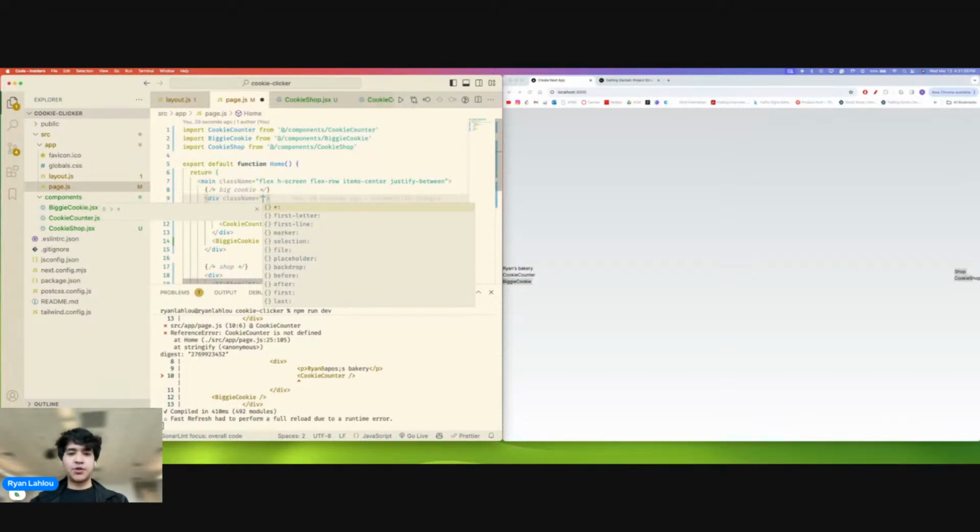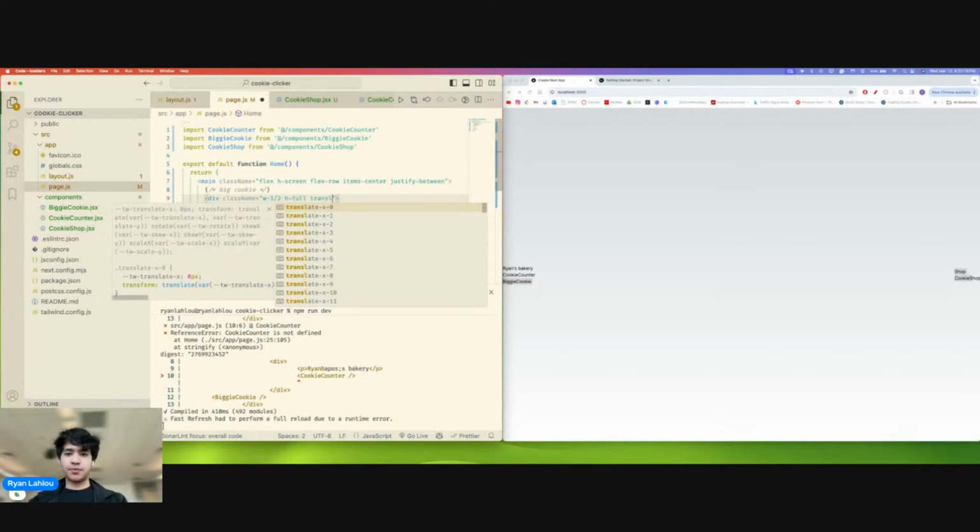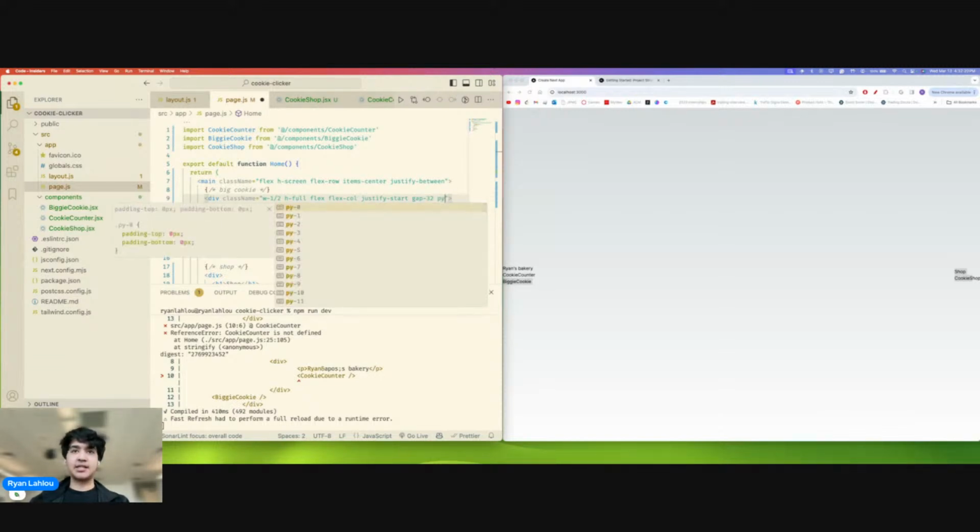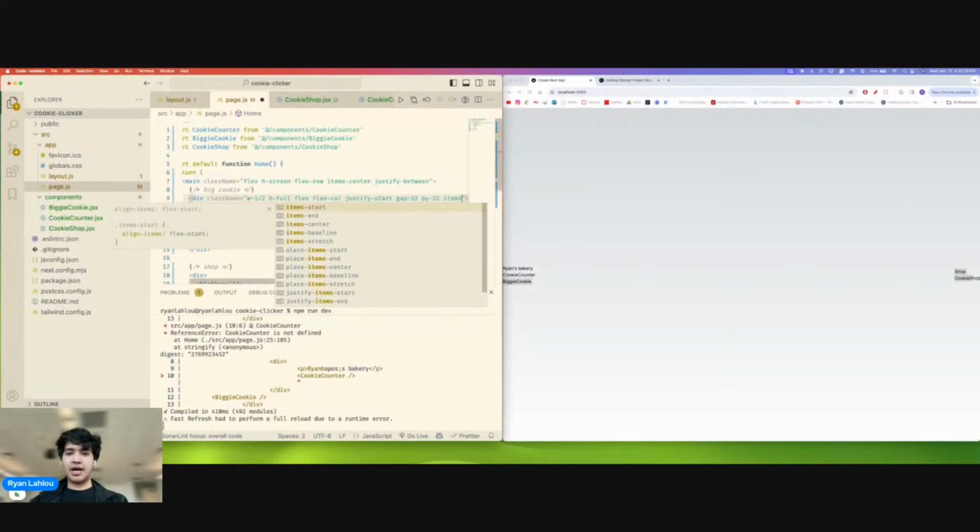these mean. So I'm going to do width of half of the space taking up, so half of the screen right now. I'm going to do 100% height. I am going to do flex for flexbox. I'm going to do flex column. I'm going to do justify start. I'm going to do gap 32. And then I'm going to do padding on the y-axis of 8 rem, which is 32. I'm going to do items center